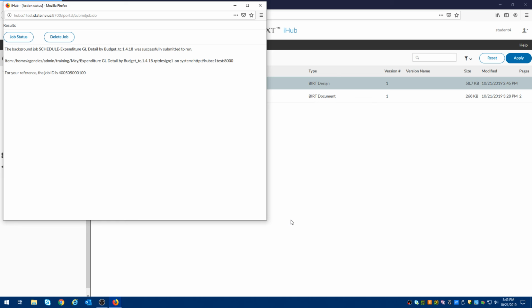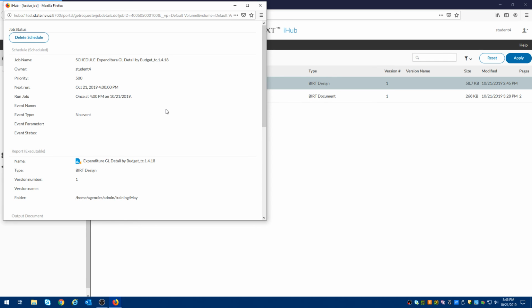Notice we do have a confirmation screen that's giving us details on when it will run and where it will be. It's saying that the job name is going to be schedule, along with the file name that I put on there. It's going to be in May. You can see the May folder right there, and that's the folder we are using. And then again, your job status right here, when you click on that, it's going to give you the scheduled